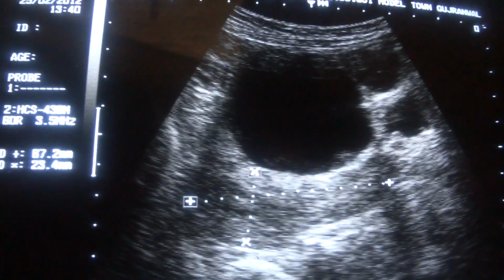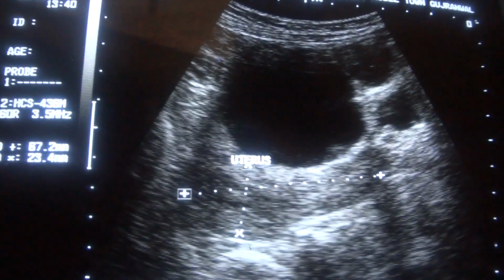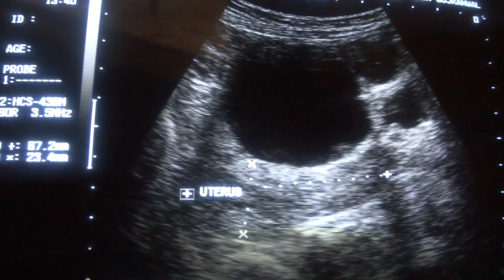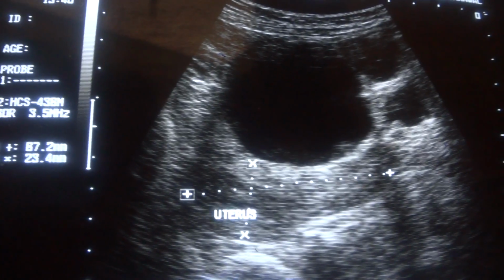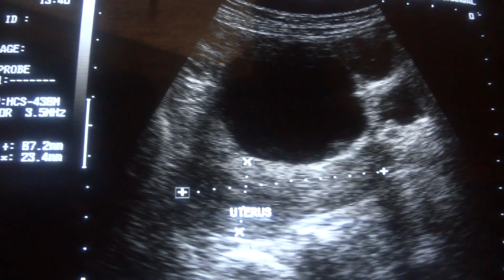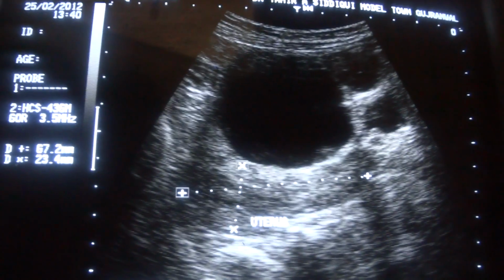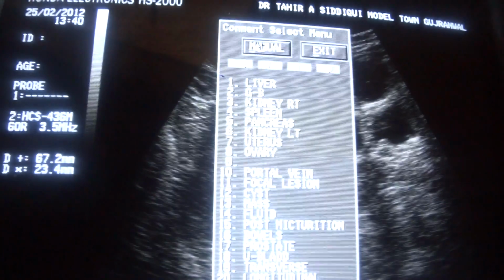centimeters in anterior-posterior diameter, which is okay for the age of the patient, that is 60 years, though no post-menopausal echogenicities are seen at present in this patient. This is the uterus, this is the anterior wall, this is the posterior wall, this is the fundus of the uterus, and in the center here